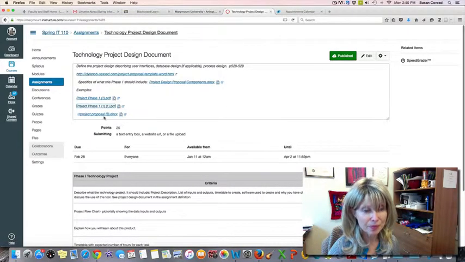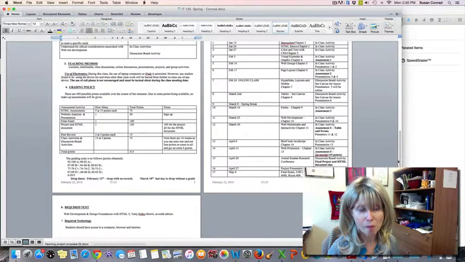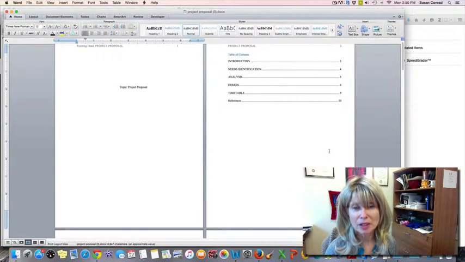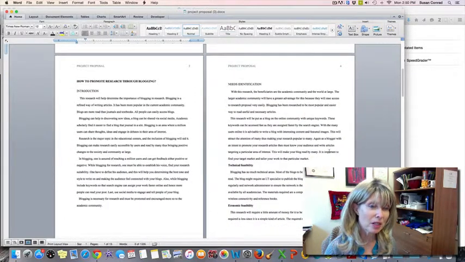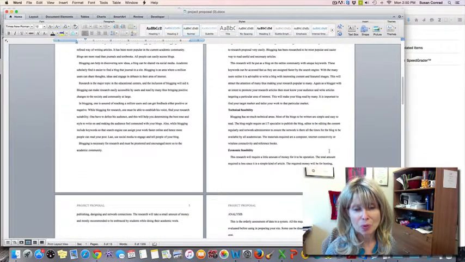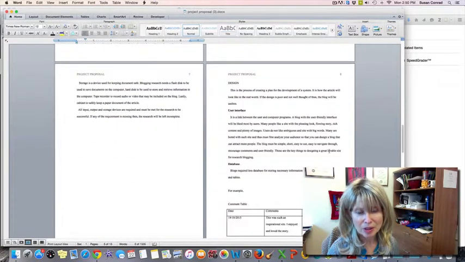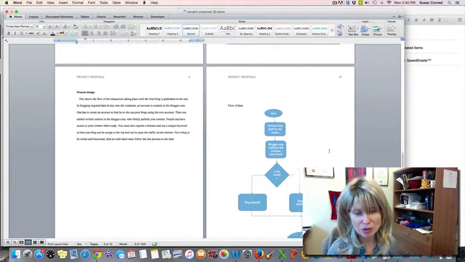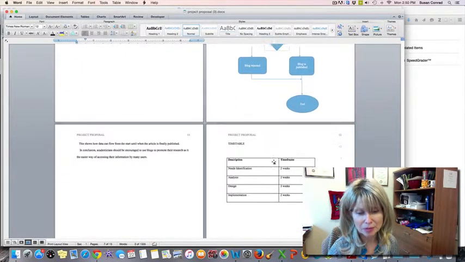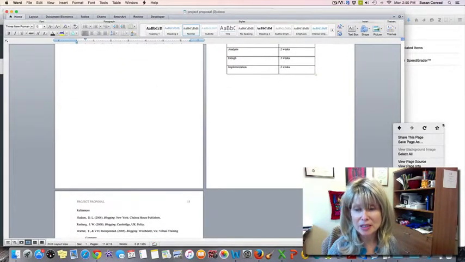Another example, let's look at another one. Okay, so this one is a little bit more detailed. It has an introduction about what you need to do, why this might be important, technical feasibility, input, output, user interface, database. There's no database. But then here again is the data flow. So you can look at these. They're out there. All right? But the whole idea is that you create